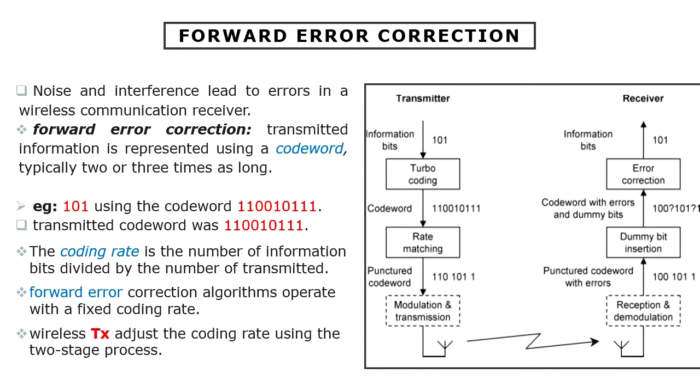In this technique, the transmitted information is represented using a code word that is typically 2 or 3 times as long. The extra bits are simply additional, redundant data that allow the receiver to recover the original information sequence. Let's see, for example, a transmitter might represent the information sequence 101 using the code word 1100101111. After an error of the second bit, the receiver might recover the code word